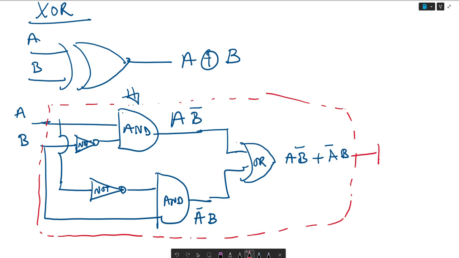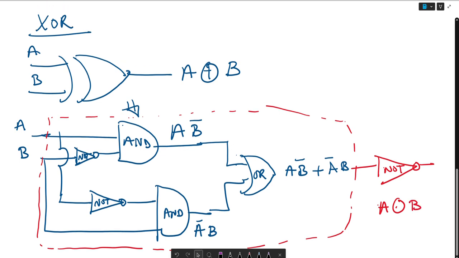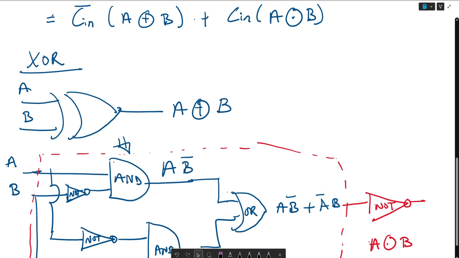And send this to an inverter, this is a NOT, what I would obtain is an XNOR gate. So an XOR gate, XNOR gate,